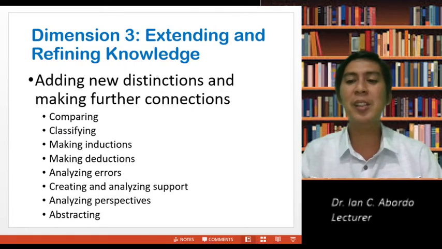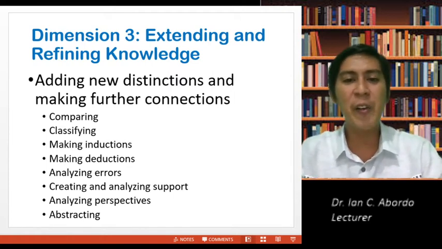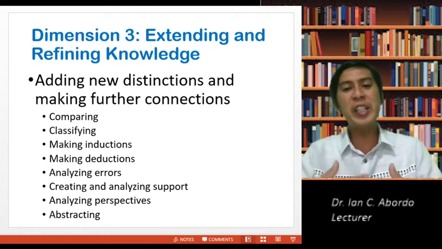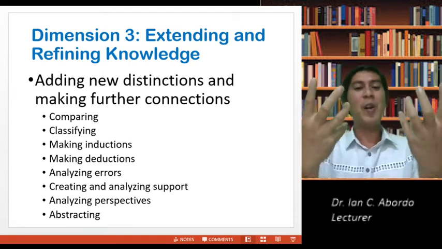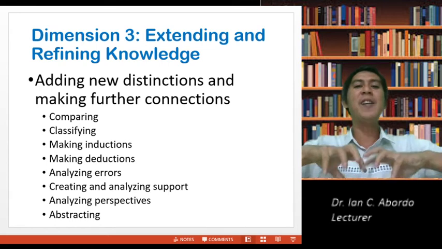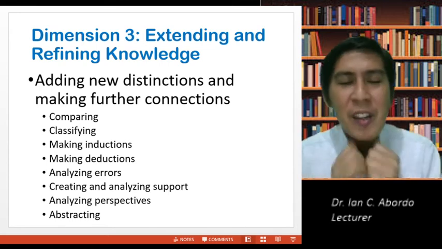Number 3, extending and refining knowledge. So adding new distinctions, extending. So after acquiring and integrating knowledge, then we extend further connections. So I have just learned this.